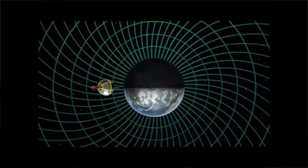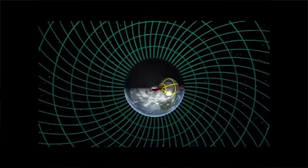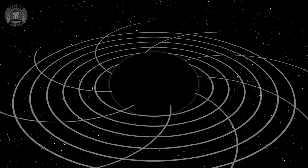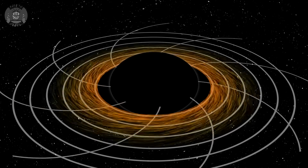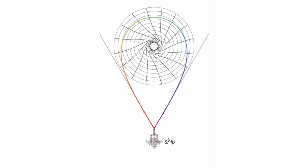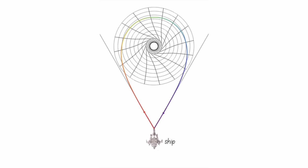This frame dragging effect, as caused by the Earth, has even been observed using the Gravity Probe B experiment. Now imagine our halo drive being operated in the vicinity of such a black hole. First, the necessary boomerang geodesics have been proven to exist for these Kerr black holes by Claes Kramer in 1997. Second, if we imagine firing our laser beam such that light moves in a prograde manner with the frame dragging